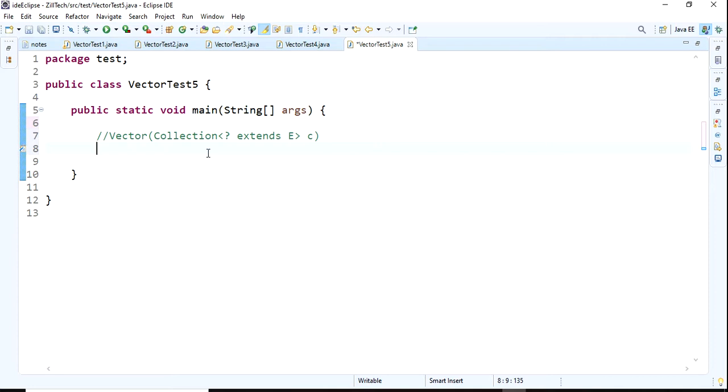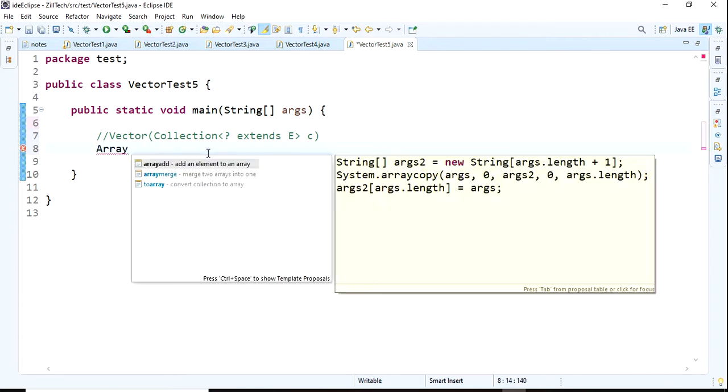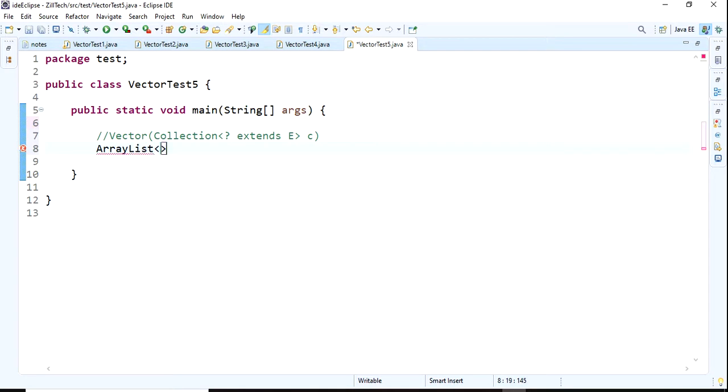Here it creates a vector that contains another collection's data. Nothing but another collection's data you can place in it. Any other collection's data you can place. So first I'll take ArrayList. I'll take ArrayList only. You can go with Integer, or I'll go with String this time.